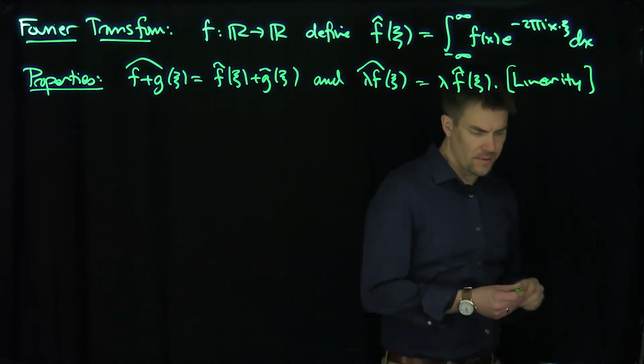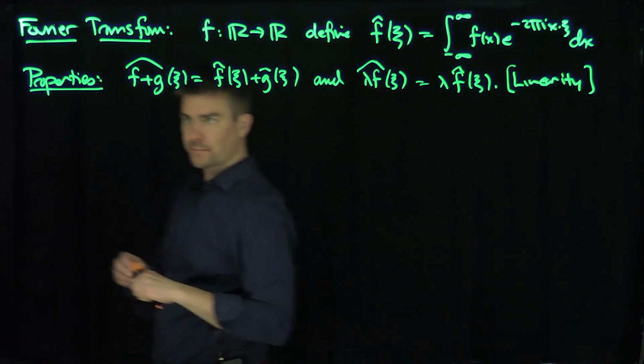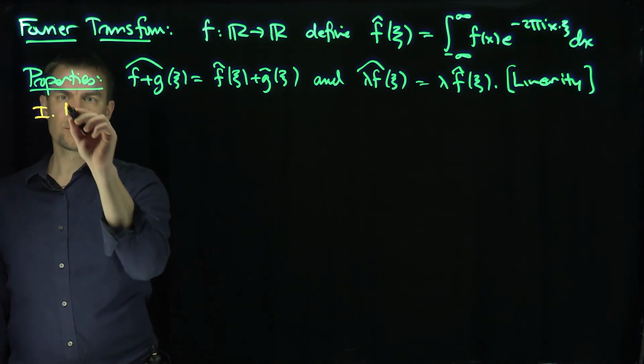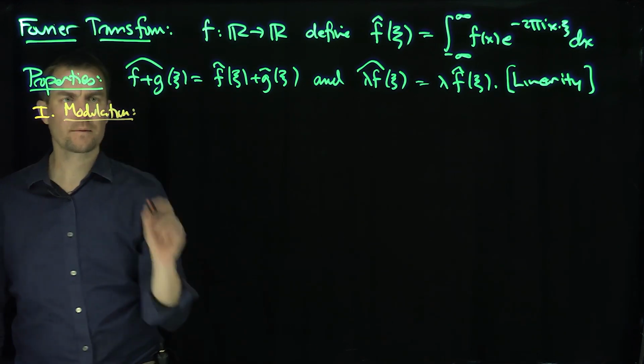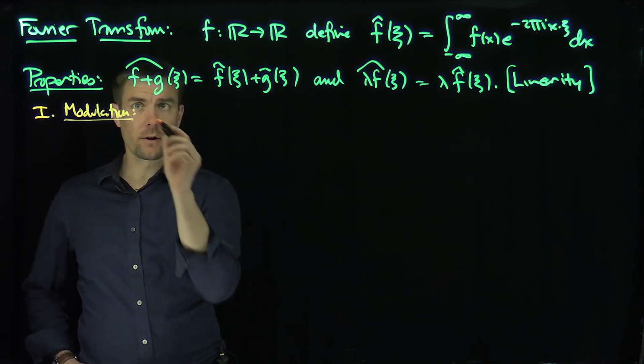That's the first property. Now let's talk about modulation. So how does the Fourier transform work with modulation? So here's the modulation property. Now what do I mean by that? So let me do the following. If I translate the function f,